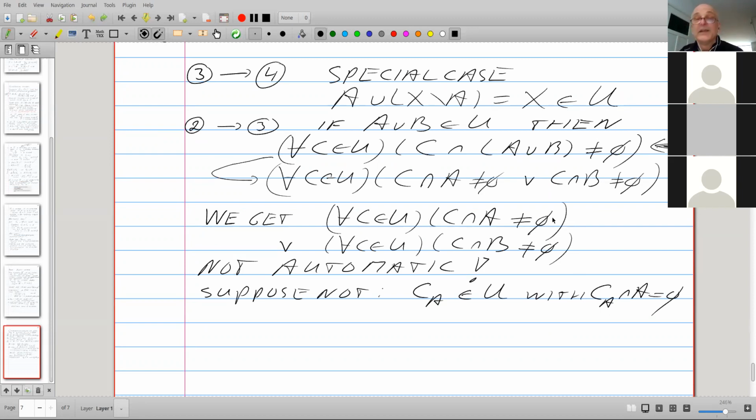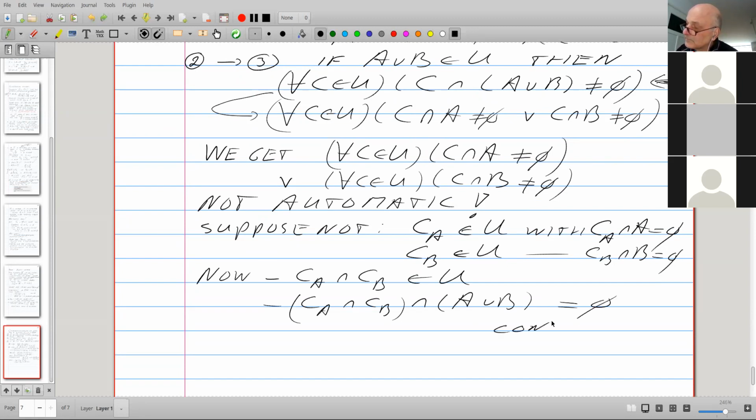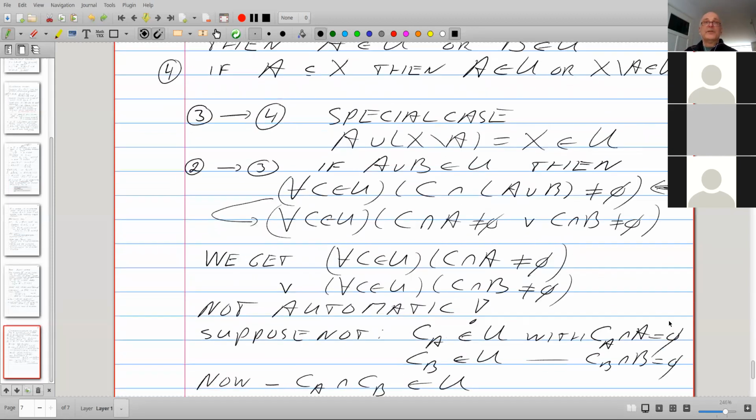It means that there should be a C that doesn't have an intersection with A, and there should be another C that doesn't have an intersection with B. So there's going to be something in U that doesn't intersect A, and something in U that doesn't intersect B. But now, so here is our contradiction. Okay, so we have two implications now.